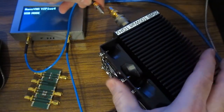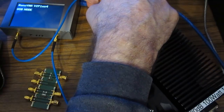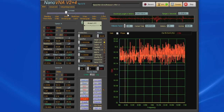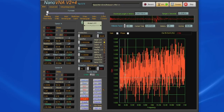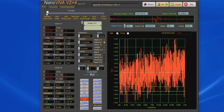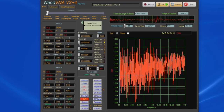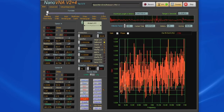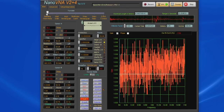So what we're going to do is attach our large attenuator to port 1, and you can see it's reading roughly 50.2 down to 50.14. So let's go ahead and switch that to standing wave ratio, and you can see it's displaying roughly 1.005 or so. Now unfortunately most antennas are not that good, so what we'd like to do is simulate a more realistic